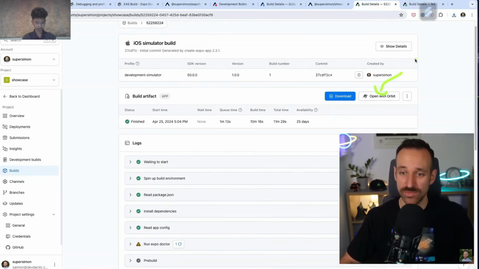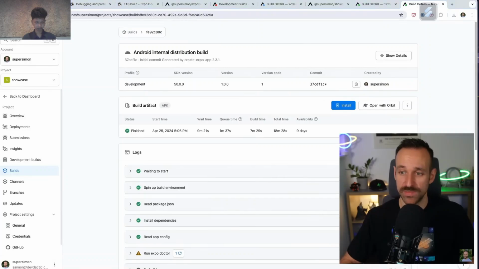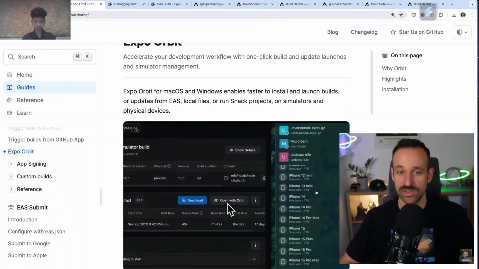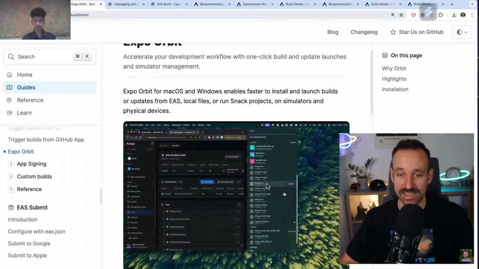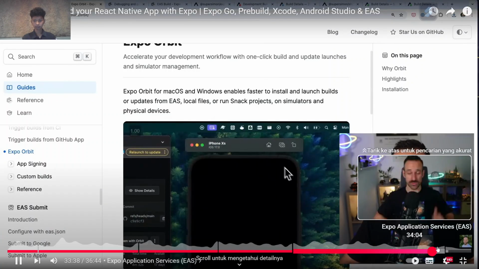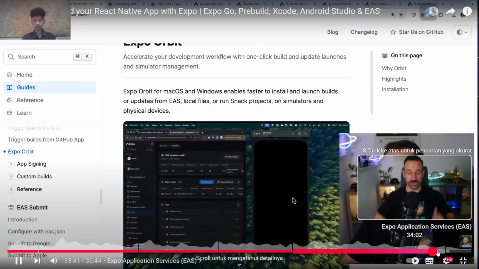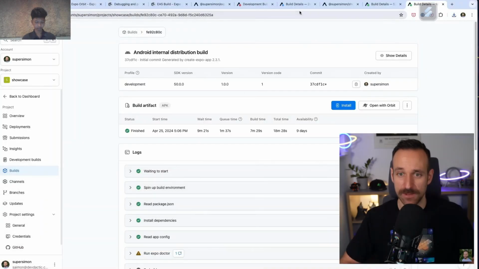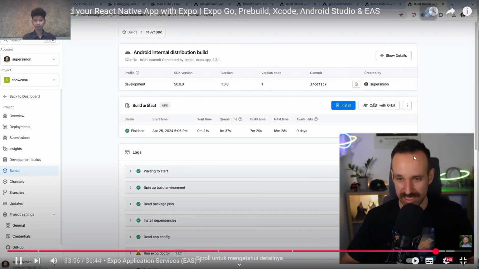However, both also have this button to open with Orbit. So if you're interested in Expo Orbit, you can read about this right here. It's a cool extension that you can install for Mac and Windows, and then you can directly run a build on your device. If I now click Expo Orbit here, you don't see it. I can select a build from EAS, but it's kind of boring, so just check this out yourself. But with Orbit, you could now directly deploy this EAS build to your simulator, to your devices, and it makes things once again a bit easier. So regarding EAS,